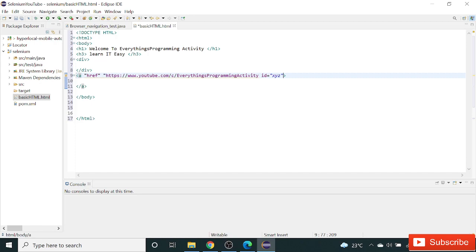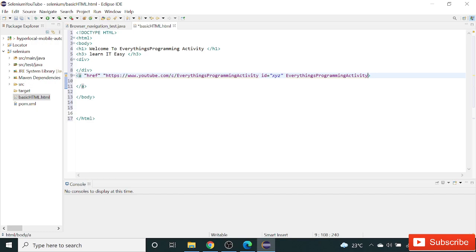The text will go between the beginning and ending tag, so I will say programming activity.